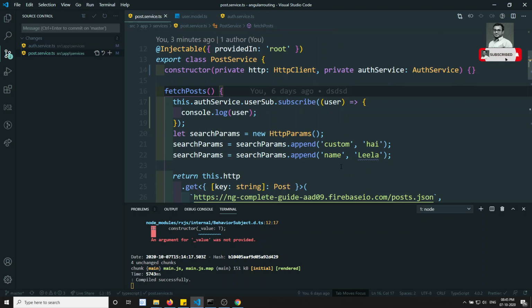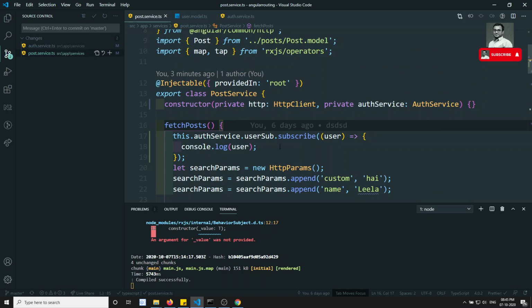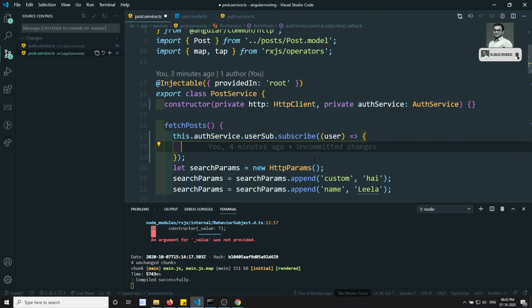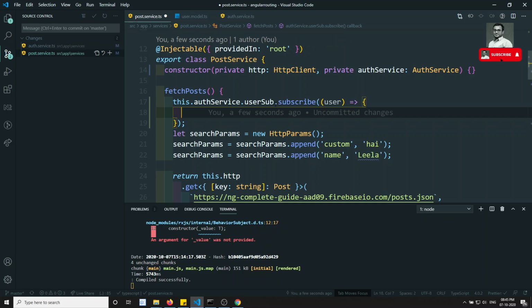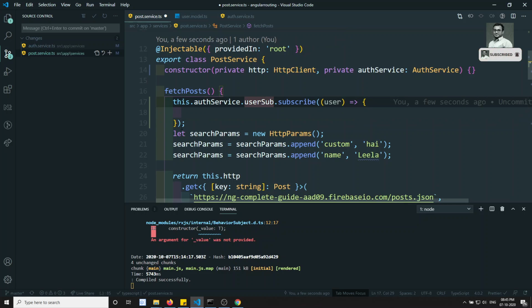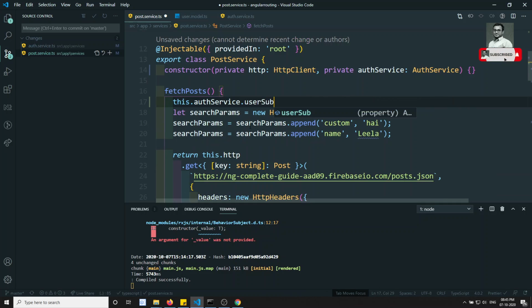So now we got the user data, the auth subscription data. Here I got the user. Instead of doing the subscription, I will write the pipe. I need to take only one time.